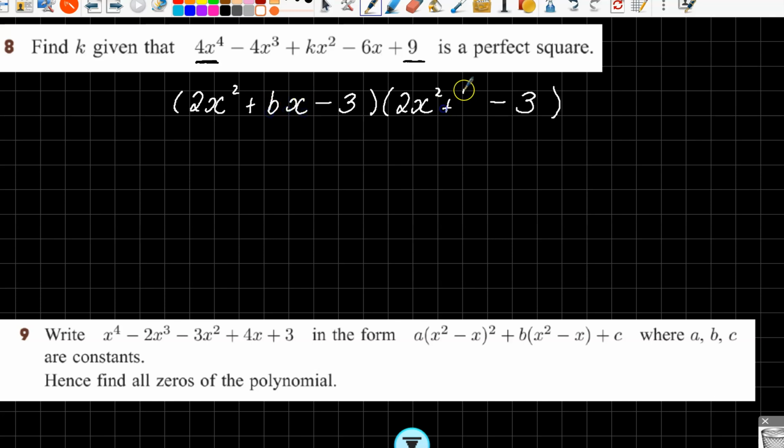But lucky for us, because it's a perfect square and not just two quadratics times together, the other one also has to be bx. And then we just do our normal equate coefficients and see what happens. I suggest that you do this one maybe second